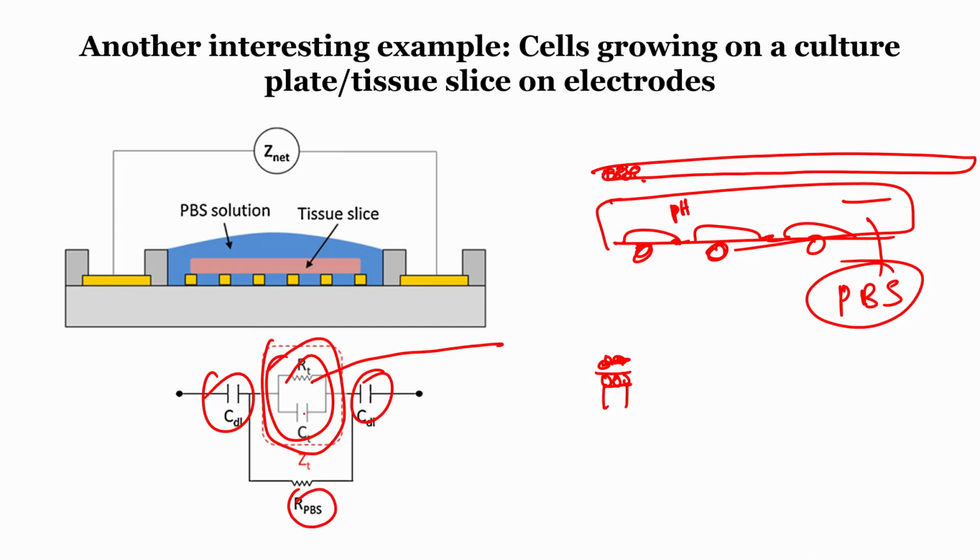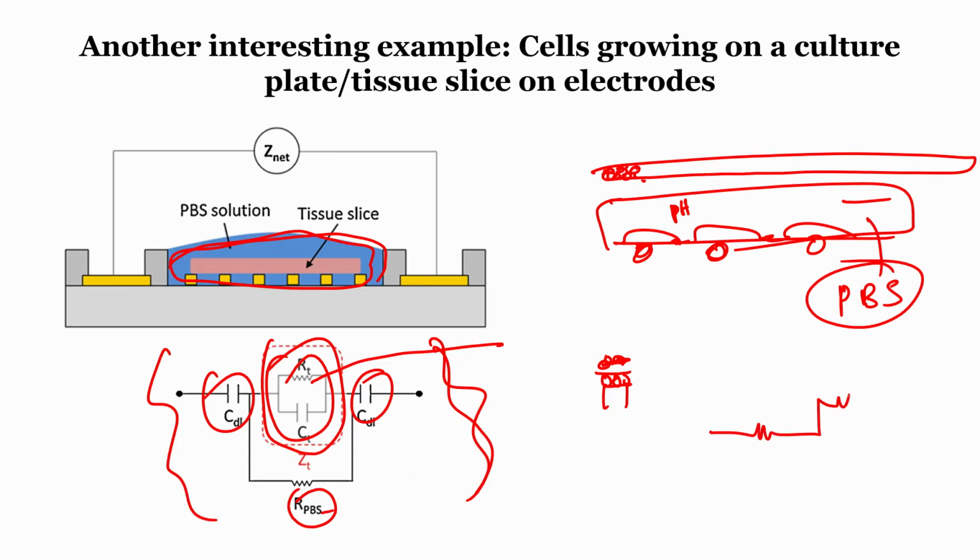Okay, you can always improve on it, and the solution that it is in is the RPBS. I just wanted to tell you this, given a scenario, how will you model it in a very simple way. You can always make it more complicated. You can put a resistance in the path of the cell and say it will be like this, not like that. So many things you can do depending on what kind of cell it is, and you can keep improving the model. This is one interesting example.